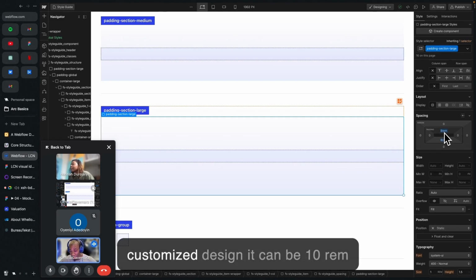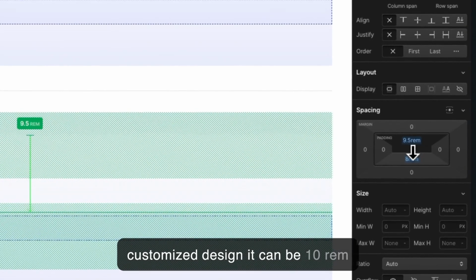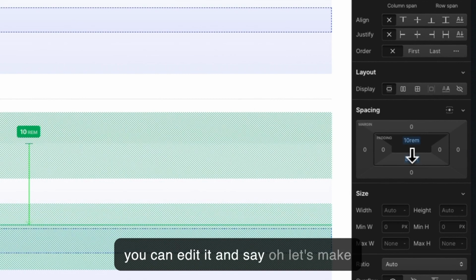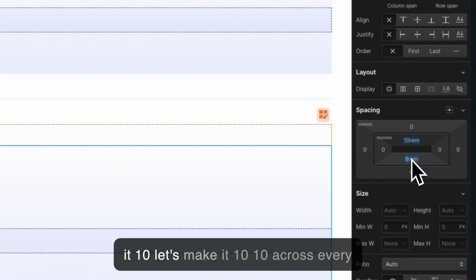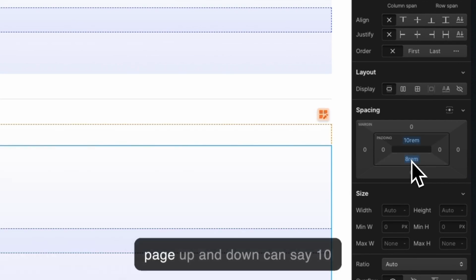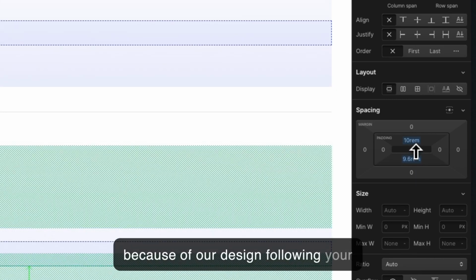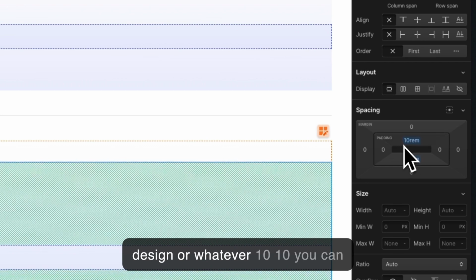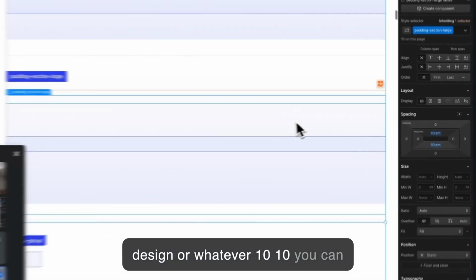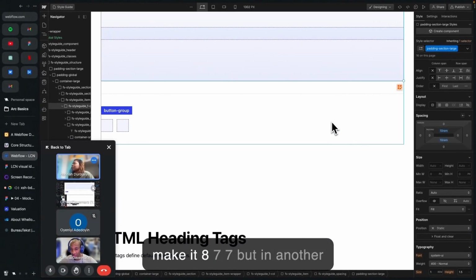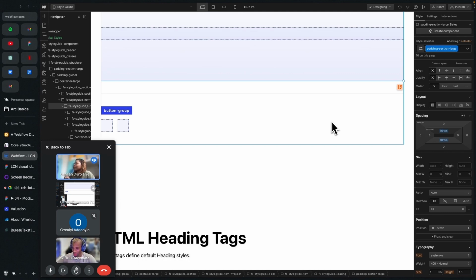But because of the customized design, it can be 10 rem. You can edit it and say, oh, let's make it 10 across every page, up and down. You can say 10 because of our design, following your design or whatever. You can make it 8, 7, whatever. But you get, like, in another section,